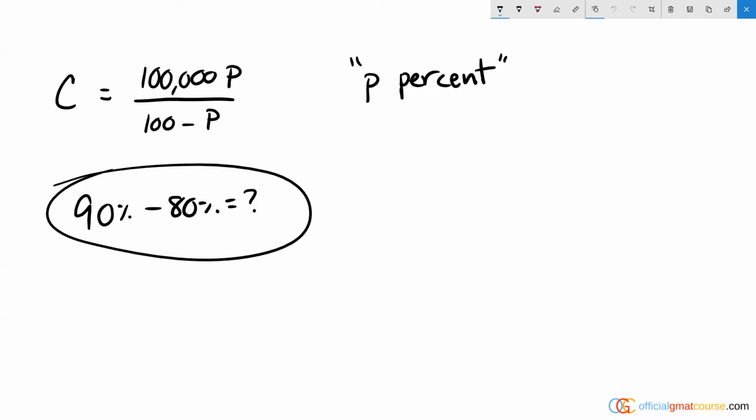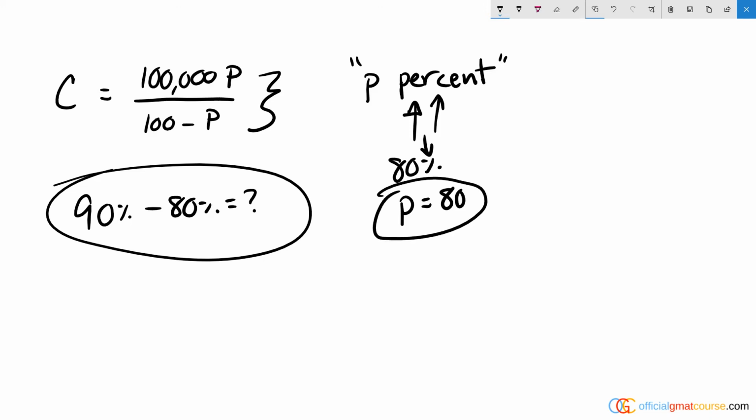Right, so we have a cost of removing a certain pollutant from a pond, and it's estimated using this formula. Now, one thing I want to touch on is this piece of language, P%. So when we say P%, if that means 80%, then P itself is worth 80 because the percent is being stated separately. So when we say P% and we mean 80%, that means P is equal to the hard number 80 itself. And so in this situation, if we're comparing the difference between 90% and 80%, we're plugging 90 and